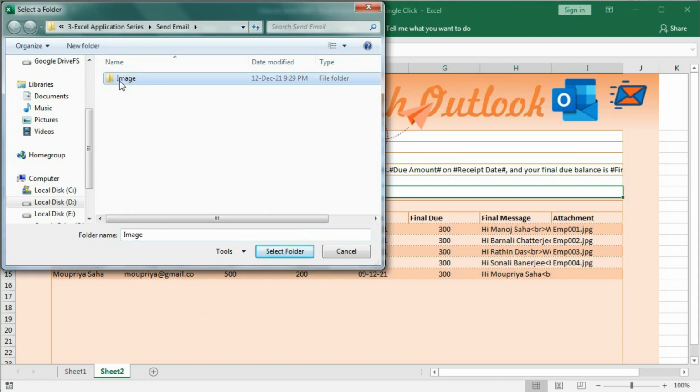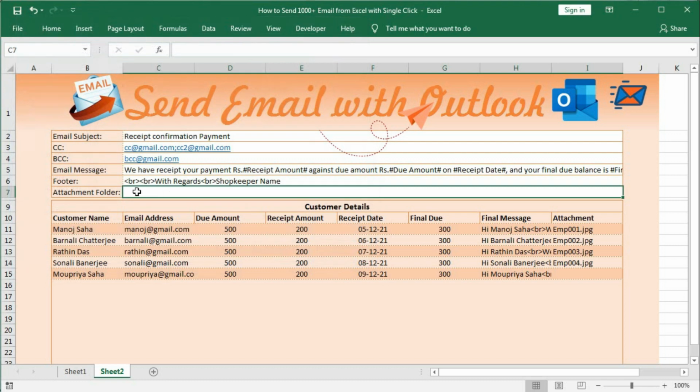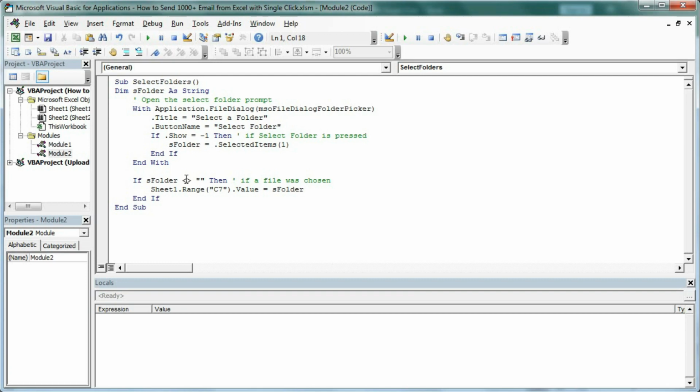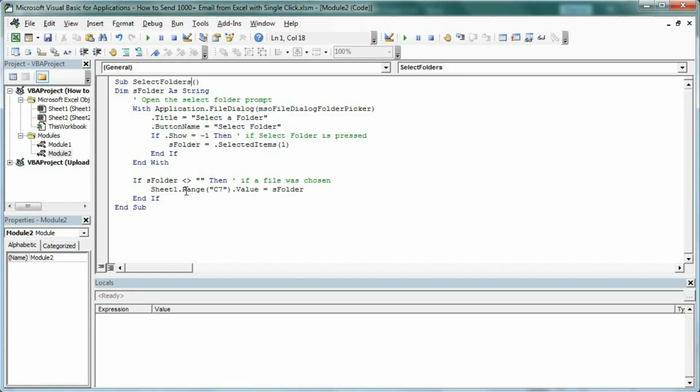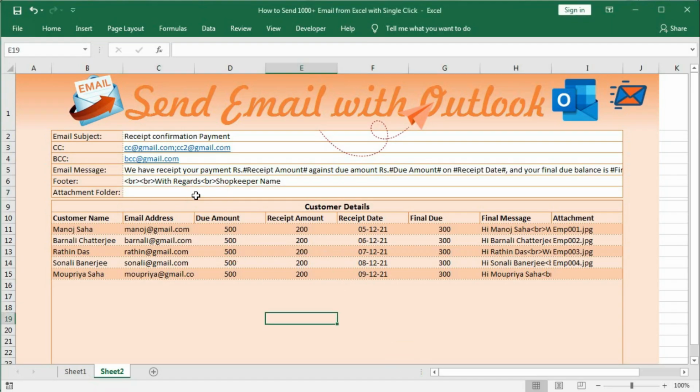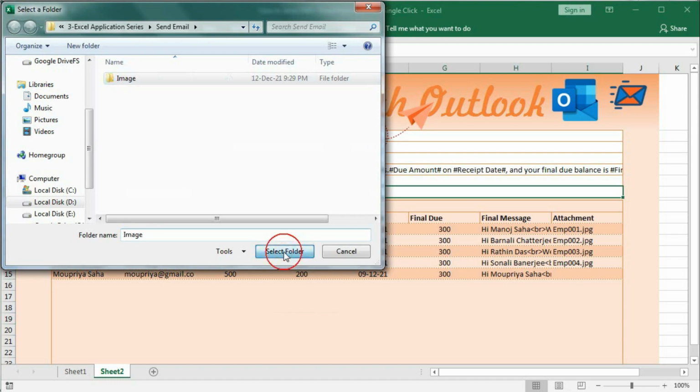If I select this folder and click on Select Folder, here we did not get the value, because here it is C7 on Sheet2, but here it is given Sheet1. So Sheet2.